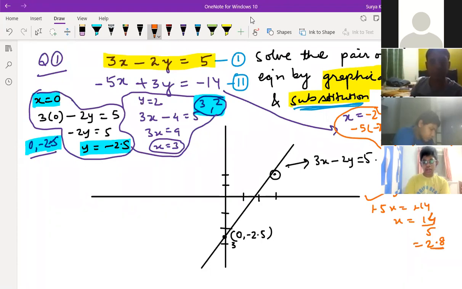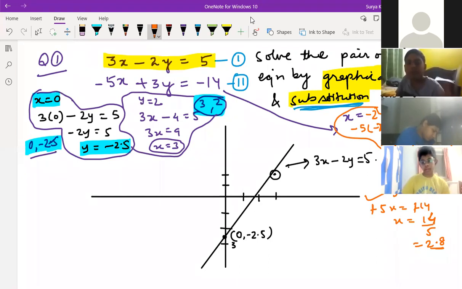A small doubt: below the y equals to 0, is that a plus symbol or a minus symbol, sir? Anything, y equal to 0, if you take plus symbol. No, sir, below that you wrote 5x equals to 14, so I didn't understand the symbol, sir. I remove minus from both sides. No, I remove like this.